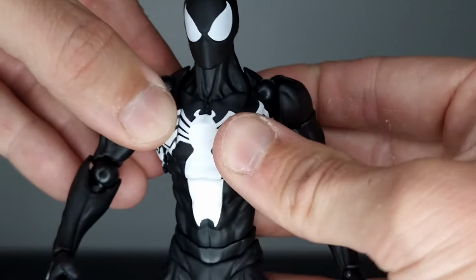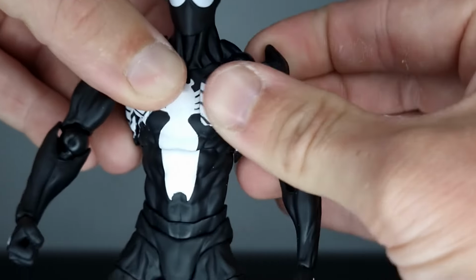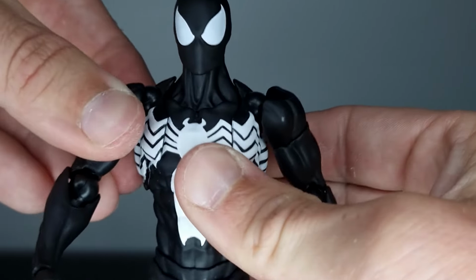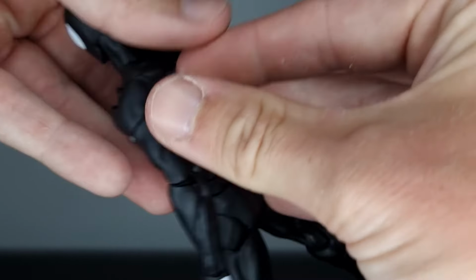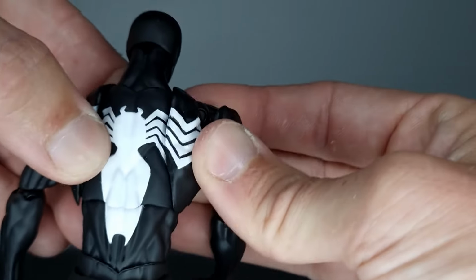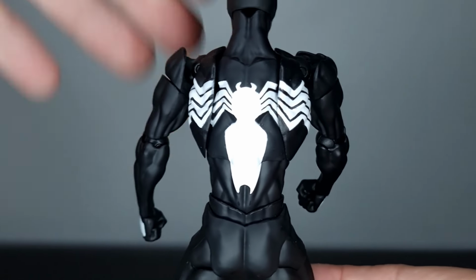I have moved these butterfly joints around a lot to see if there would be any paint rub initially, but it has held up really well at the moment. Of course, we can see how that stands the test of time. If there are any sort of